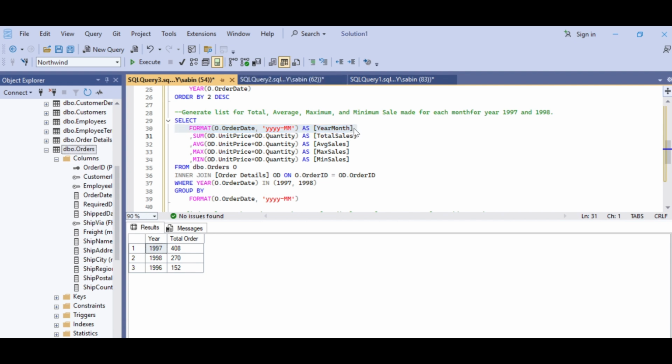Now I have the categorical column here, which gives me year and month. I added the sum, average, max, and minimum functions. Those are all aggregate functions, and I'm doing something like this: unit price and quantity. I'm multiplying unit price by quantity. But one thing to remember is that unit price and quantity don't come from the order table, they come from